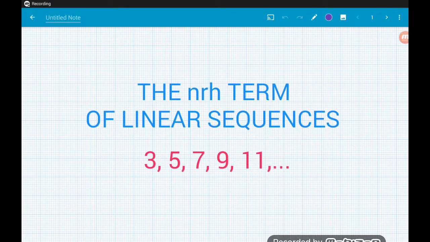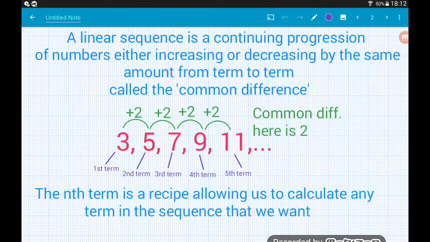In this video we're going to be talking about linear sequences and finding their nth terms. A linear sequence is a progression of numbers that is either increasing or decreasing as it continues. Every separate component of a sequence is called a term, and the amount that they are differing by is